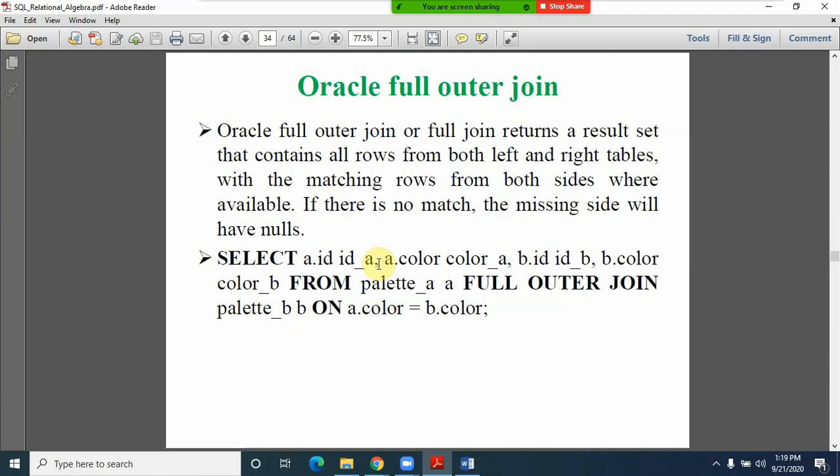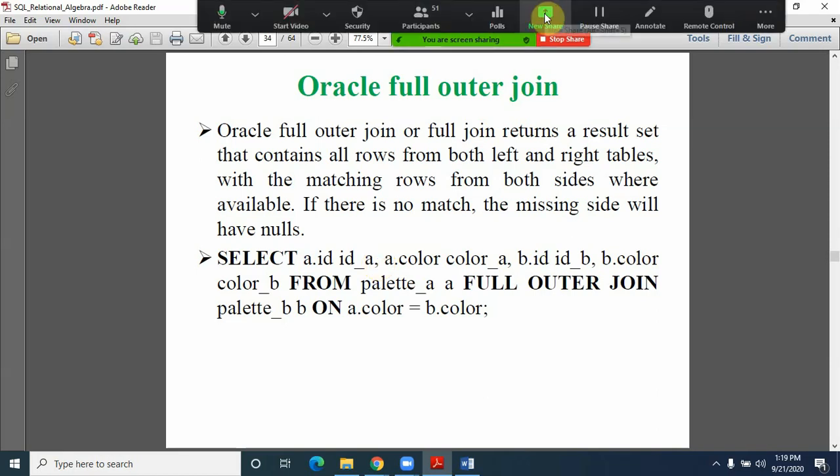Actually, the full outer join is the combination of the left outer and the right outer join. In the case of the left outer join, only the records completely available from the left table along with the matching records in the right table. But if I am talking about the full outer join, both tables' complete data can be observed. That is what you call the full outer join, friends. And this is the situation where you can observe it like this.